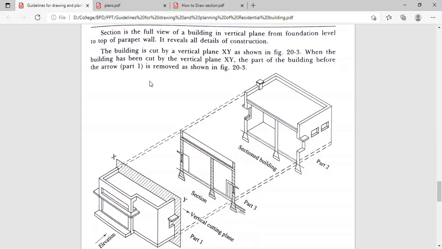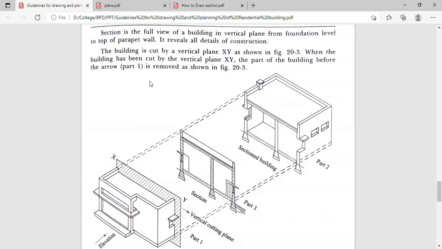Okay, as well as floor to floor height. If we are considering a framed structure, then whatever beams or columns are there, if our section line cuts the columns or beams, then we have to show what size those beams are at that particular position.